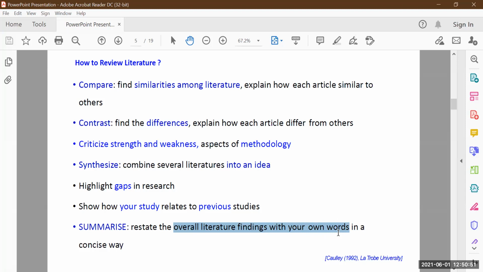No one has done that work, so there is no literature. So these kinds of findings you have to highlight as a summary of your literature review, right?